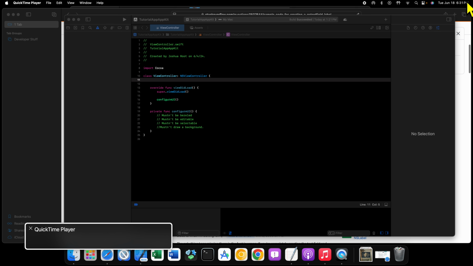In AppKit. Now, it's a little bit more involved than it would be in UIKit, right? Because if you're familiar with UIKit, in UIKit we have a UILabel that we can use. However, we don't have something like an NSLabel or something like that. We have NSTextField,